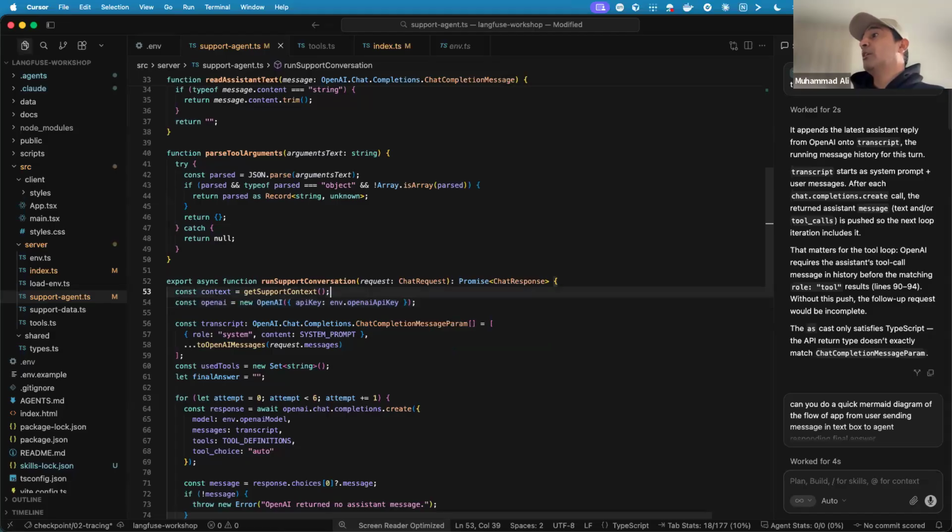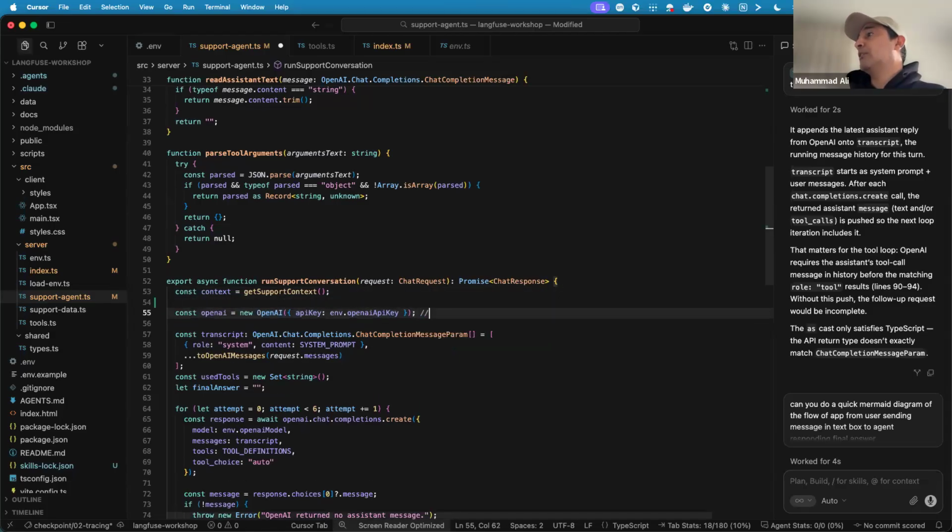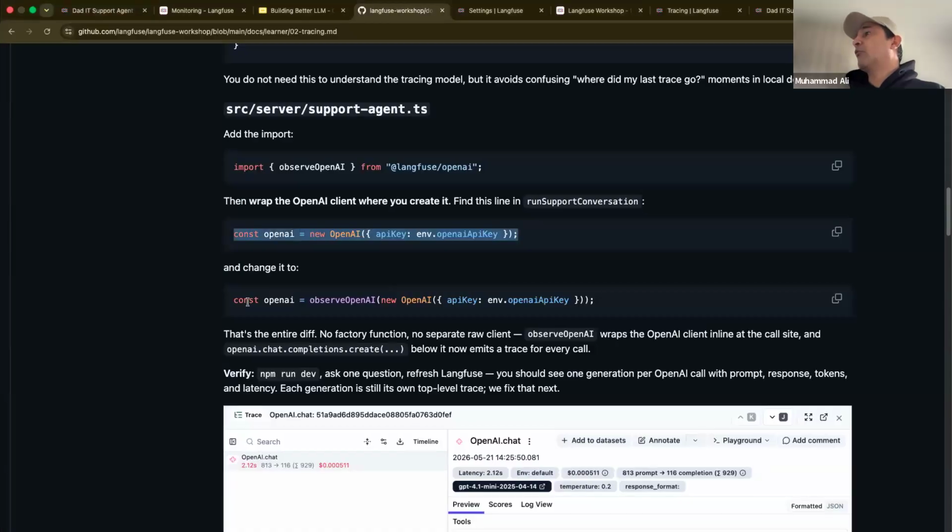This is what initializes the OpenAI SDK, which allows us to call the OpenAI model. Now what we will do is wrap this in the observe OpenAI call from the Langfuse SDK. This is what we imported. So observe OpenAI is going to wrap this.